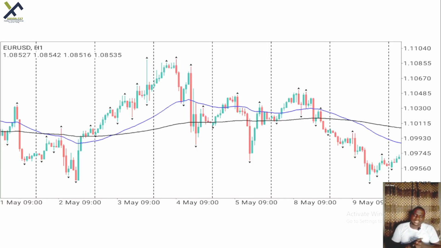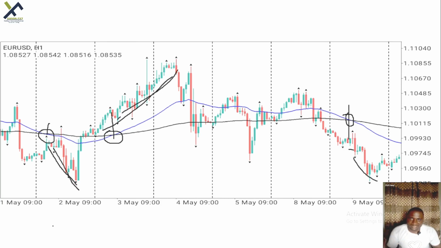Now if you look at the chart here, this is a perfect chart. Now the blue line here is the 50 moving average, and the black line here is what? The 200 moving average. Now look at it here. Immediately the 50 moving average crosses above the 200 moving average. What happened? The price trend changed to a bullish position. Now you see the 50 moving average crosses over the 200 in a downward position. So it's telling you that from henceforth the sell order will be the best decision.